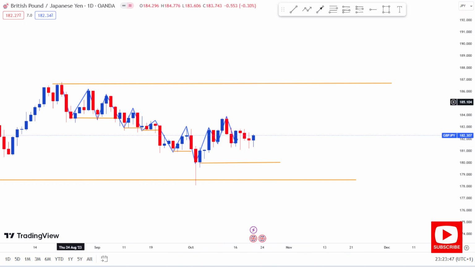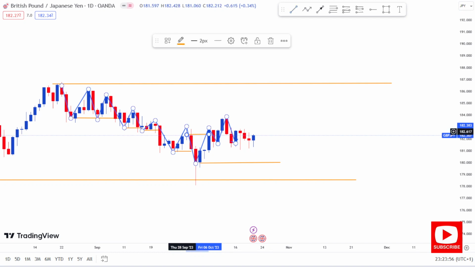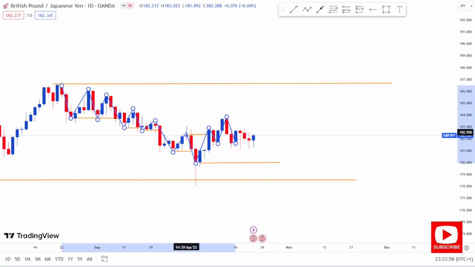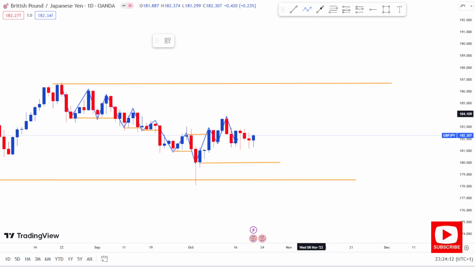Now, we have the ranging structure, changing character, how this high was broken by this candle. Mind you, it was not a wick that broke this high. Now, if this candle just displayed a wick right here, we won't classify this candle as being the candle marker for breaking the previous high. So we have our change of character right here. Remember, I told you how our change of character looks like in a downtrend. Price makes lower low before